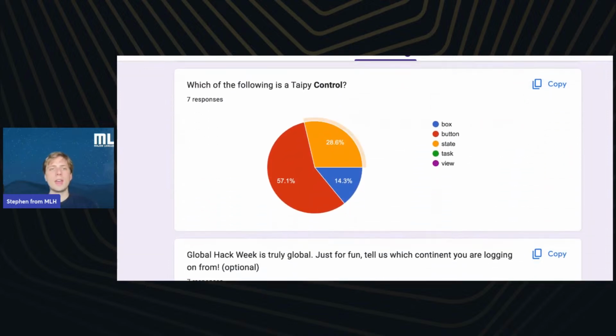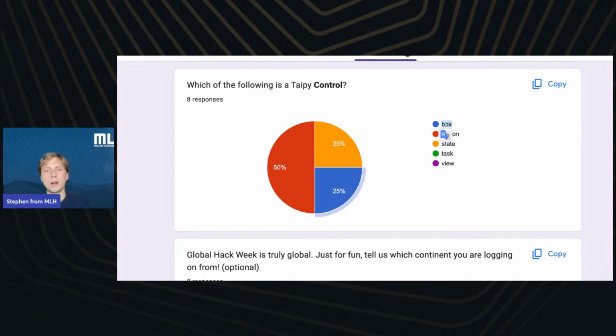Now I asked, which of the following is a Taipy control? There were 5 choices here, and we have a pretty even distribution, folks. There's box, which is correct, and there's button, which is also correct.